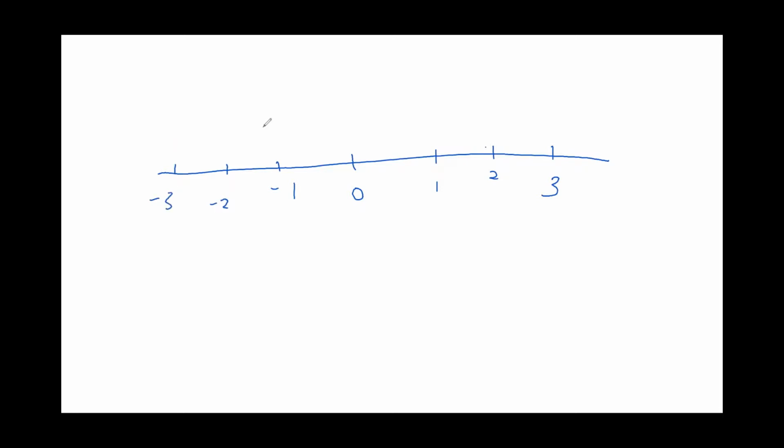So here is about negative 1.159 tadi kan. And here is 2.492. So here is 0. Okay. So you take any